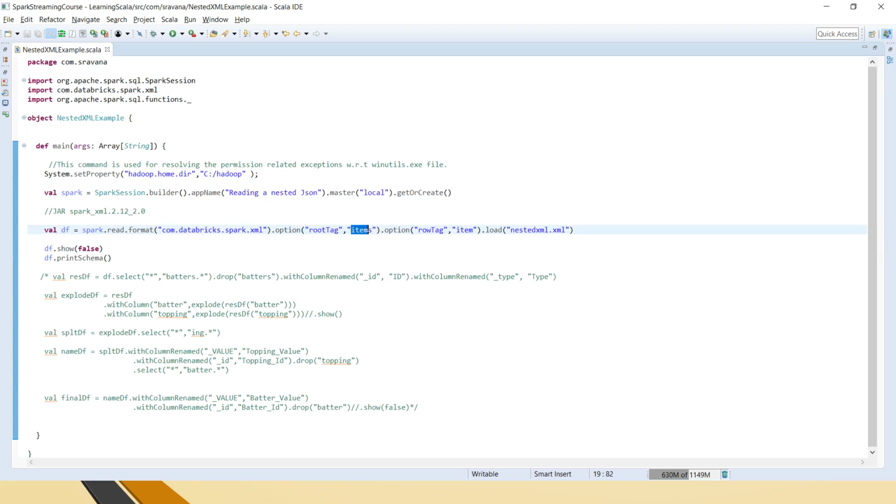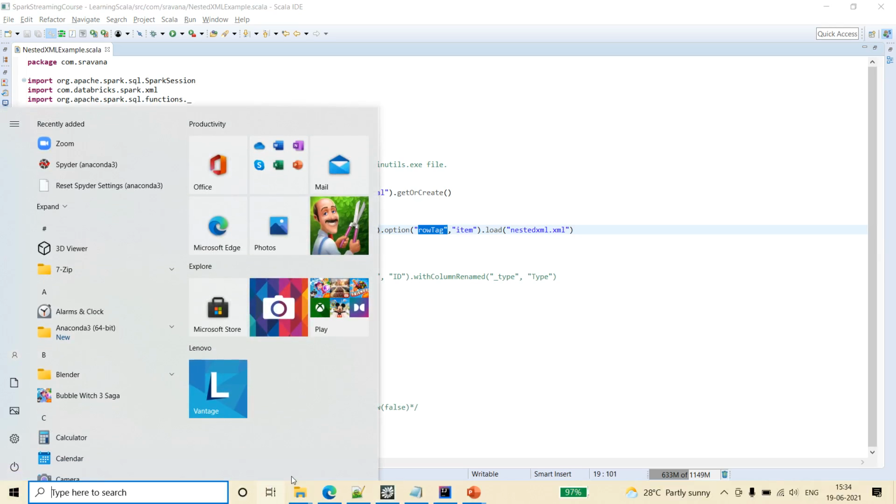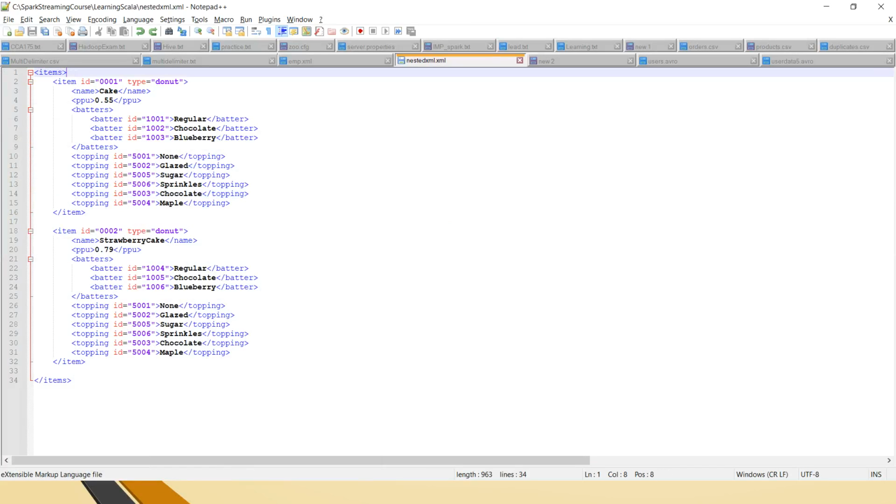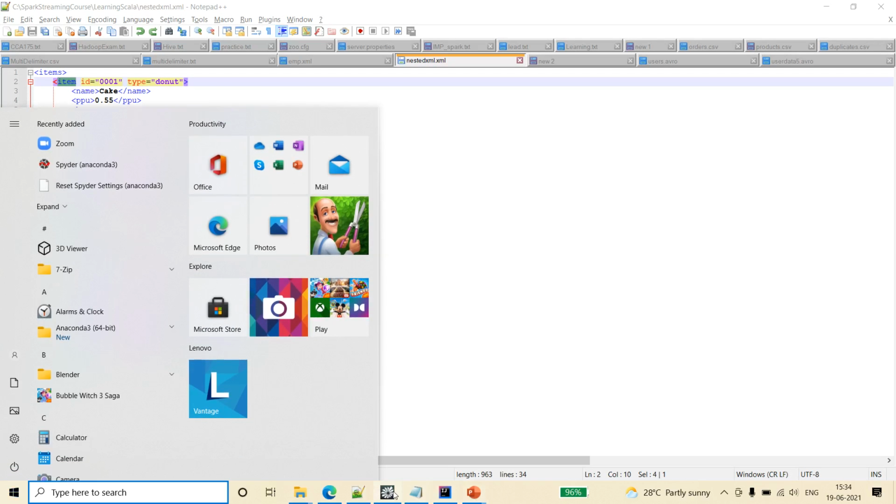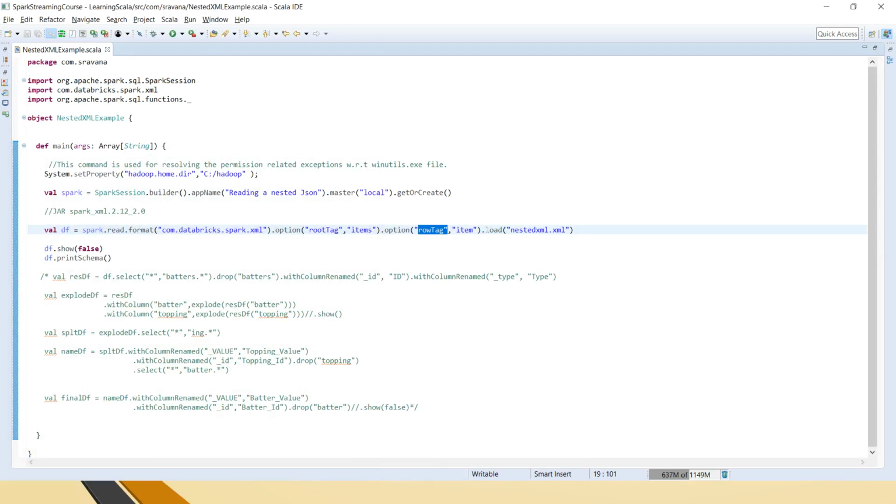The root tag is items, which is the overall high level tag, and the row tag is item, which is iterating as multiple records in that sample XML file. So this is the root tag and this is the row tag. And finally dot load, where I am passing that nested XML, the one we just saw.